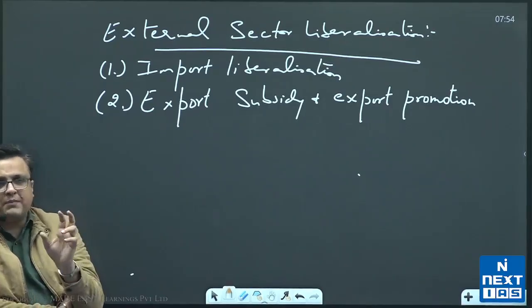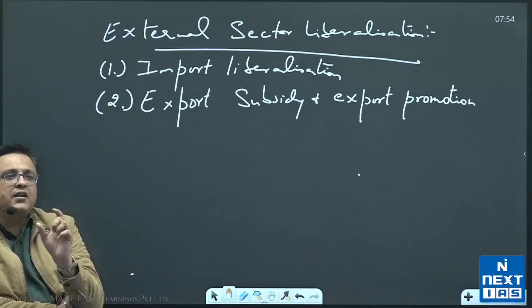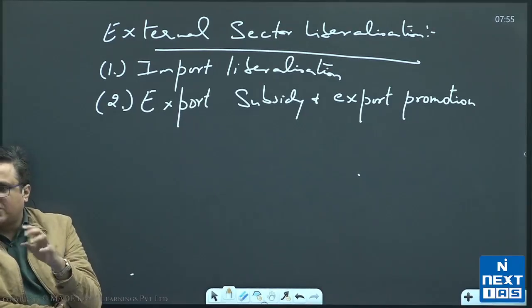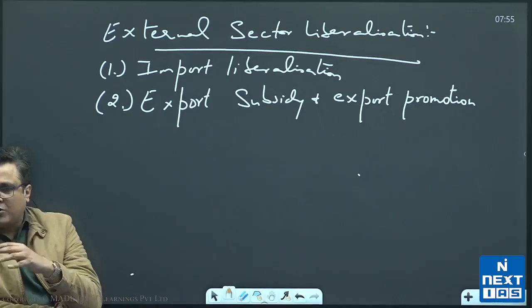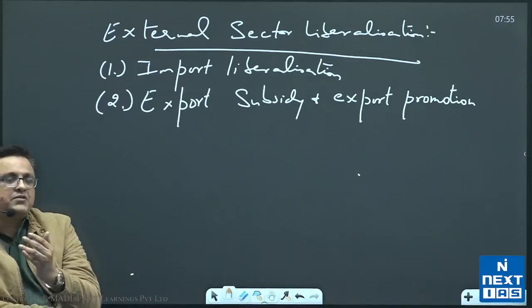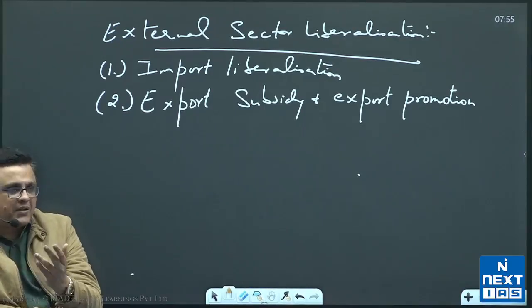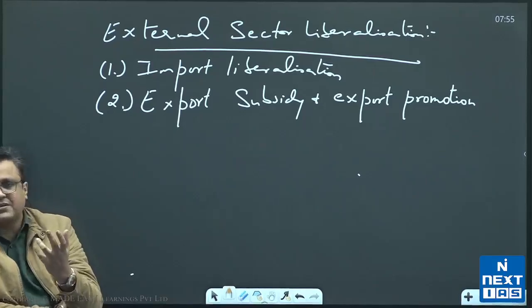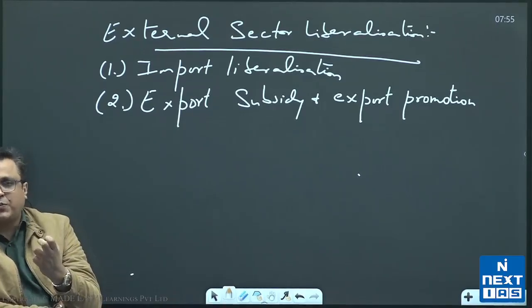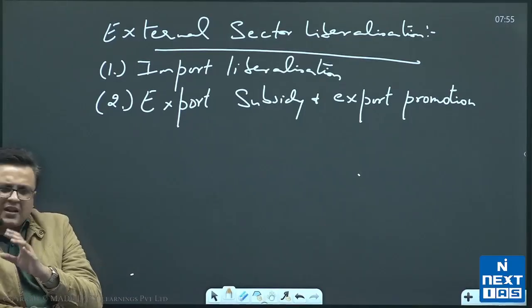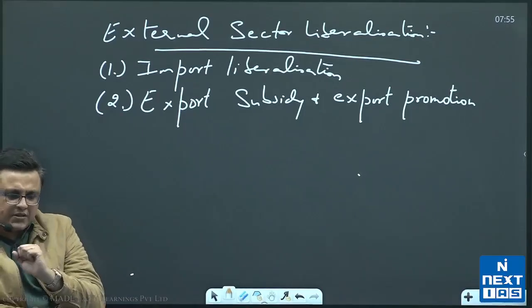Just giving you one example. In 1991, India had 0.5% of total global export share. Today we are touching almost 2% of global total export share. Now that's not huge, without doubt, but that's something which can be considered as a good improvement compared to 1991. Also, to give you some absolute numbers, in 1991 we were exporting around $6 billion of commodities and negligible services. We were not exporting much services.